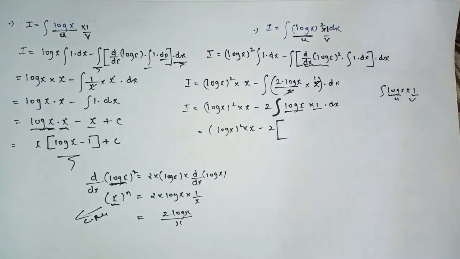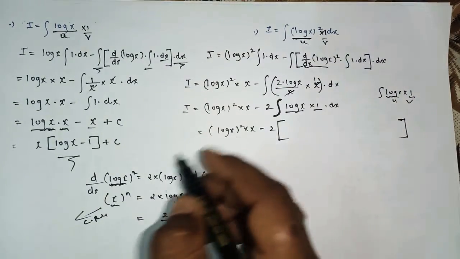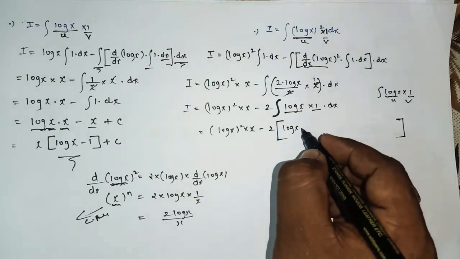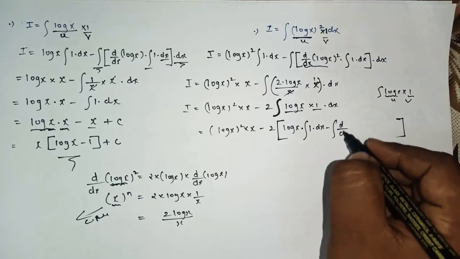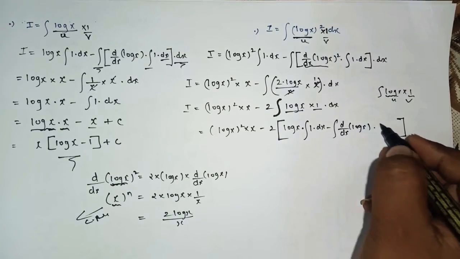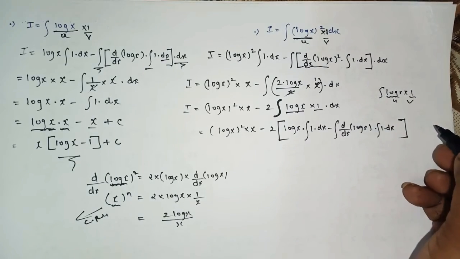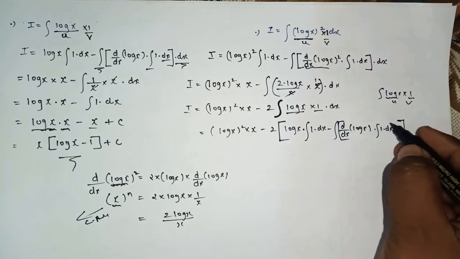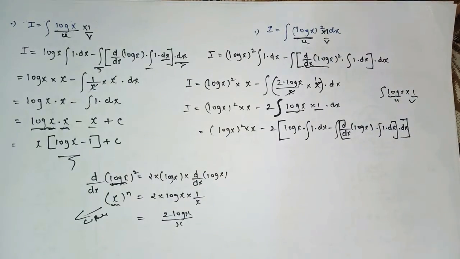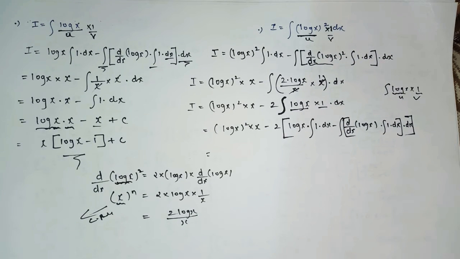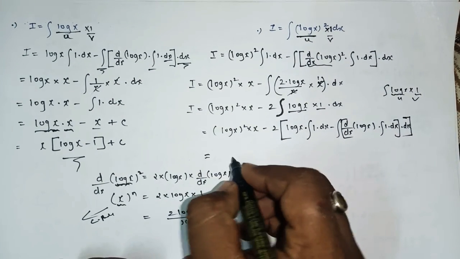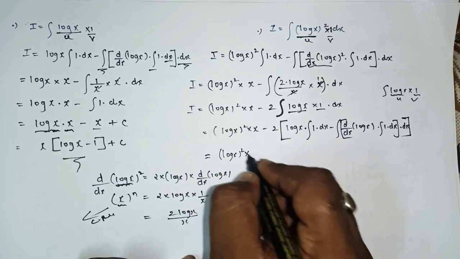Okay, apply u into v inside the box. So this will be what? U into the same step will come. 1 into dx minus integration of d upon dx of log x into integration of 1 upon dx, into dx. The same section will come this side. Okay, I hope you all understood what exactly and how to apply the rule u into v, as we took more than 3-4 examples. So we'll keep this part as it is.